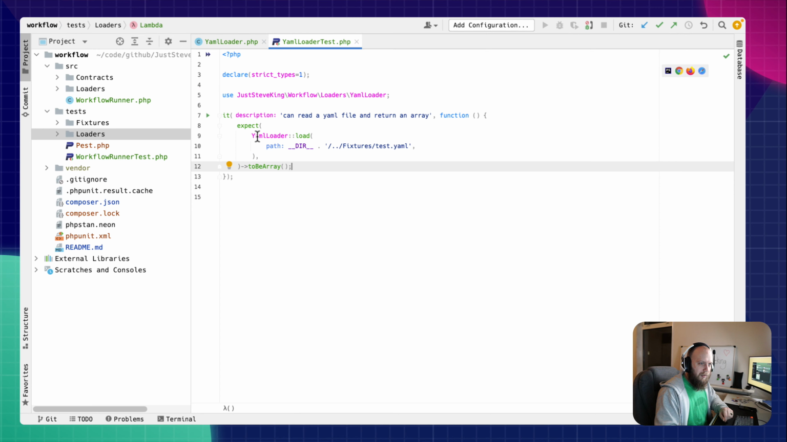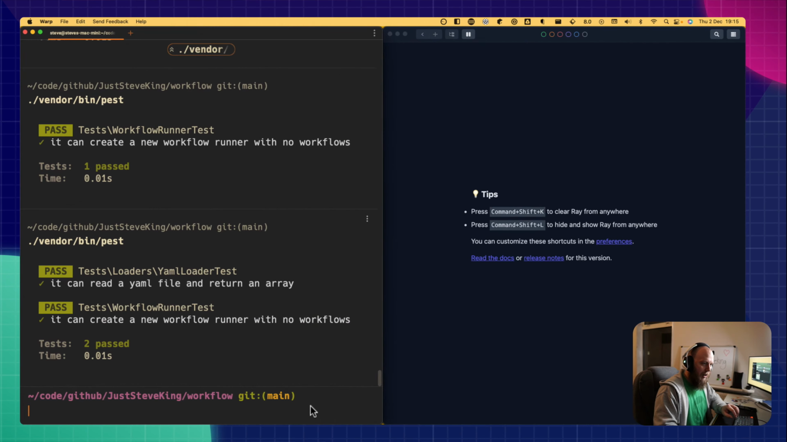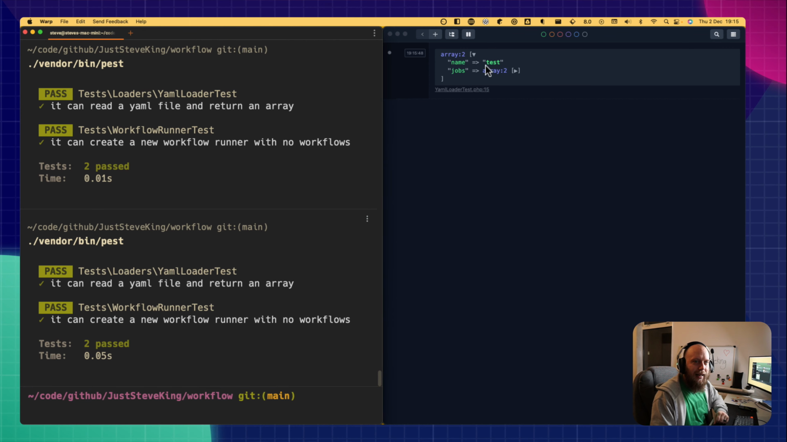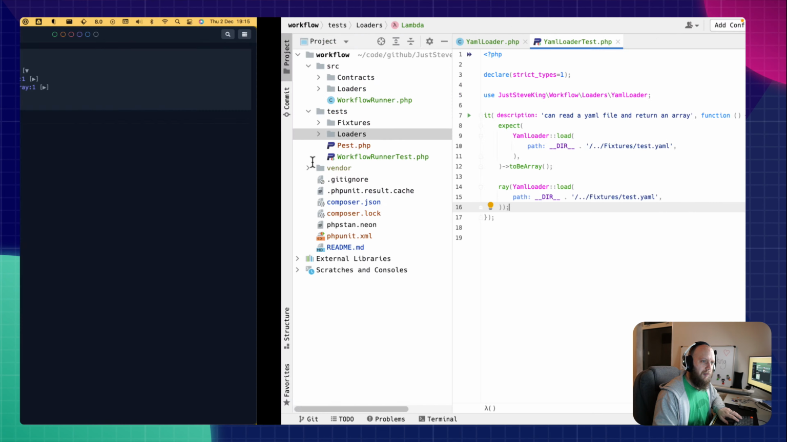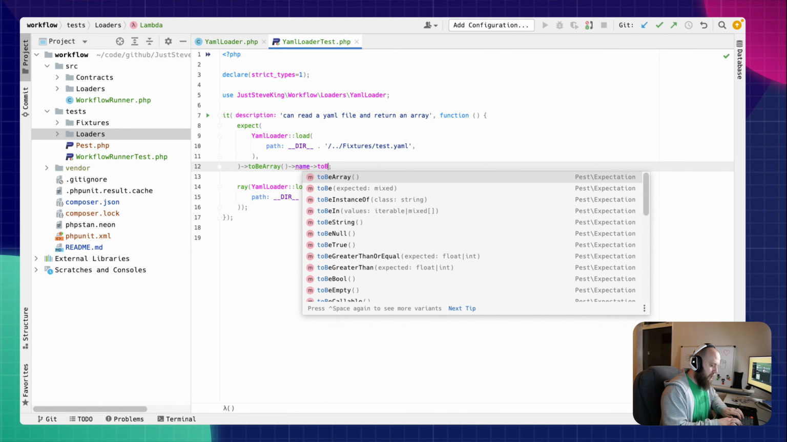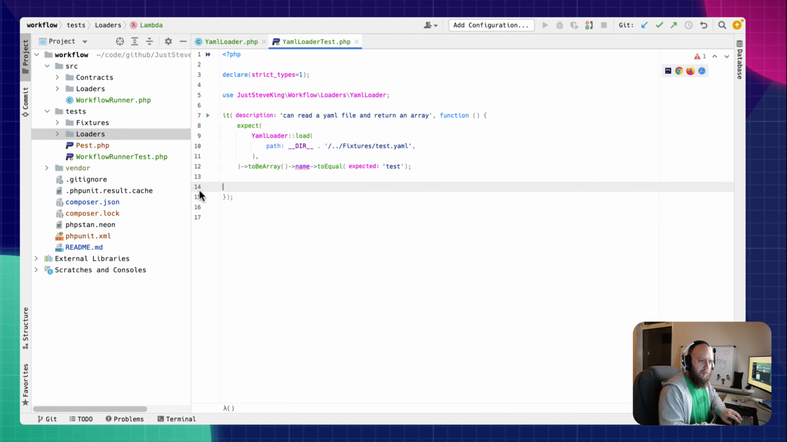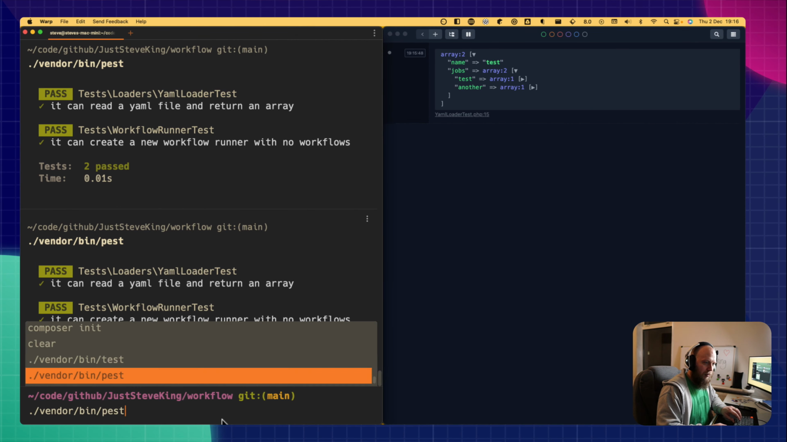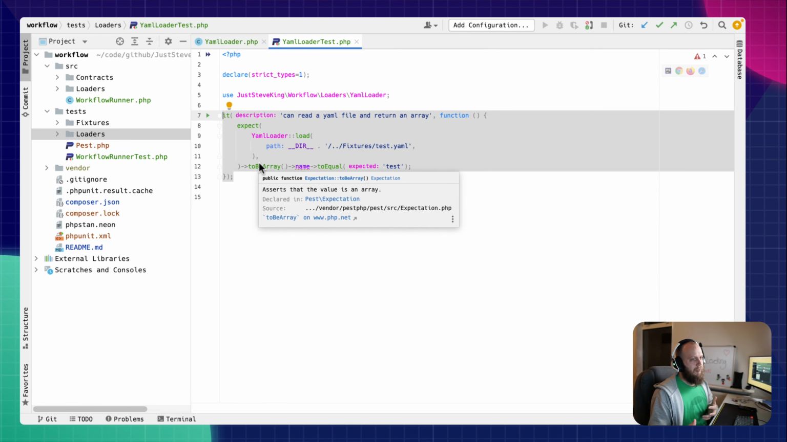Cool. But what I'm also going to do is I'm just going to output what we get. We get name and jobs. We get 2 jobs. Cool. So our YAML loader is working. So what we can do is we can say we also expect that name to equal test for now. We're good. So we know that we're loading it, and we know we're being able to access parts of the